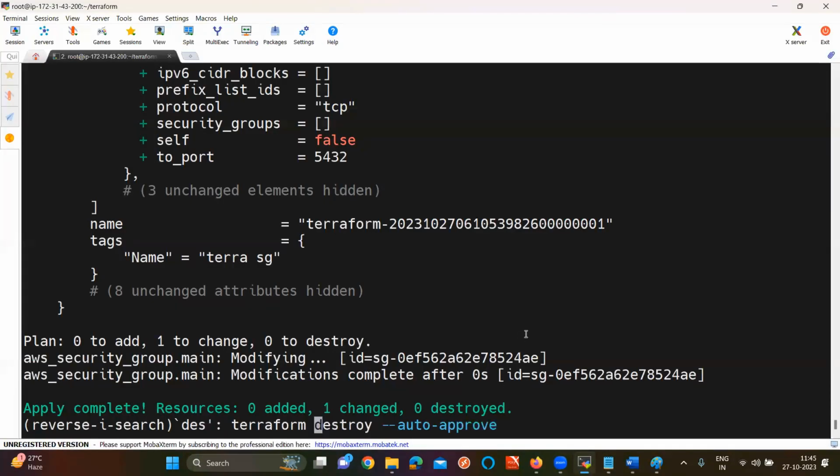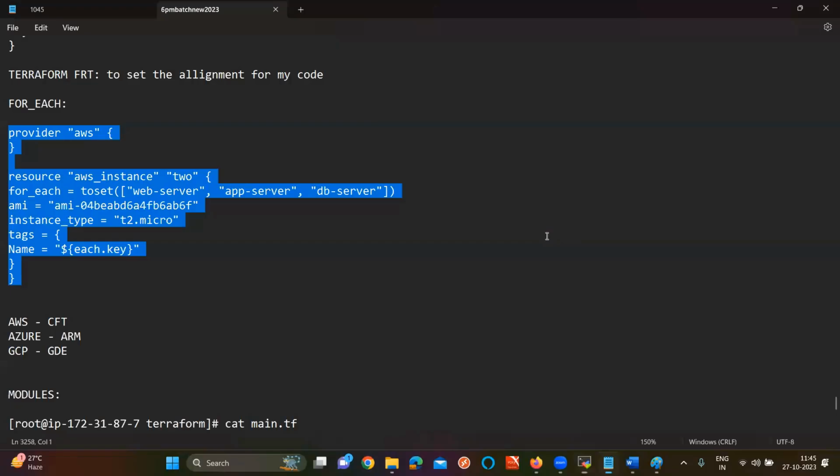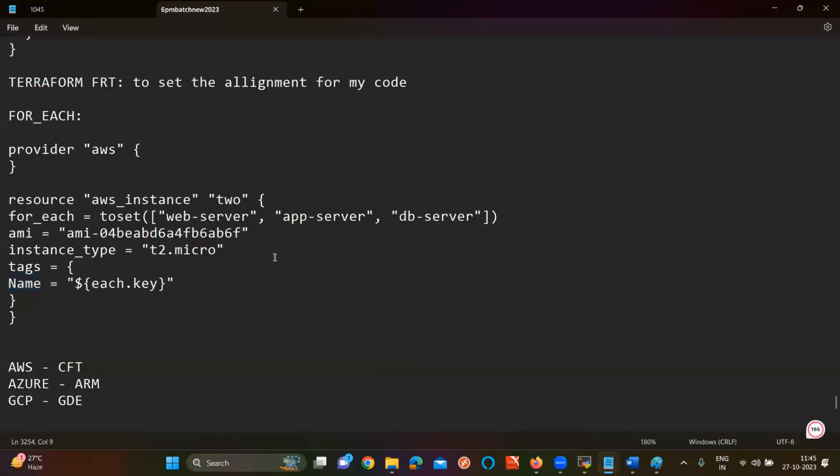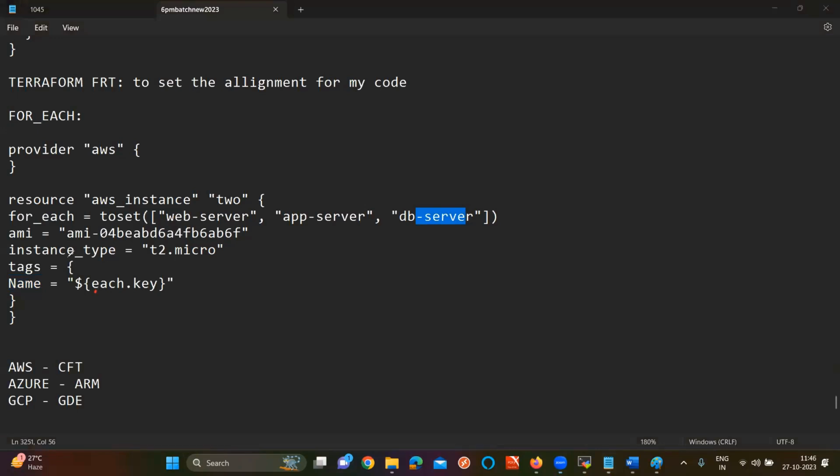So what do we have? Resource aws_instance, AMI fine, instance type t2.micro fine. Tags means it is going to pick each value. First value is, second value is, third value is database server. So now if I want to give the name, I'm going to take it from each block here.